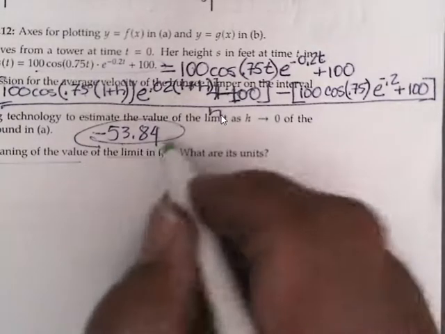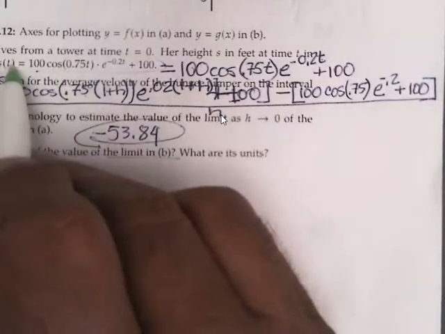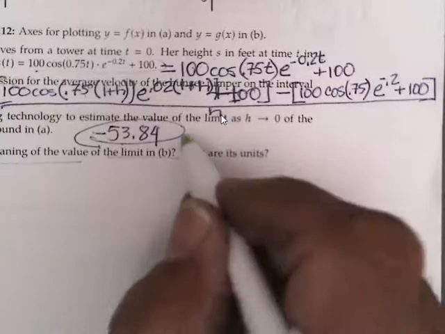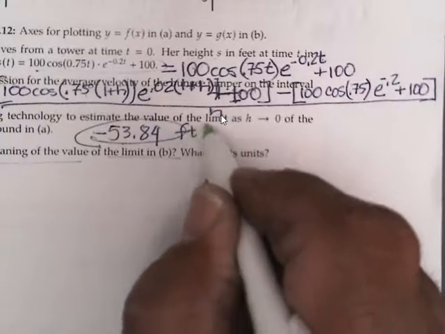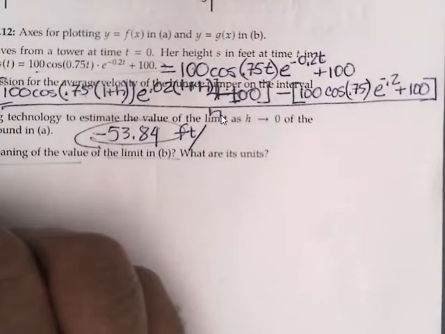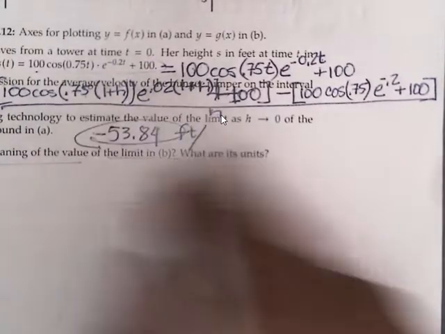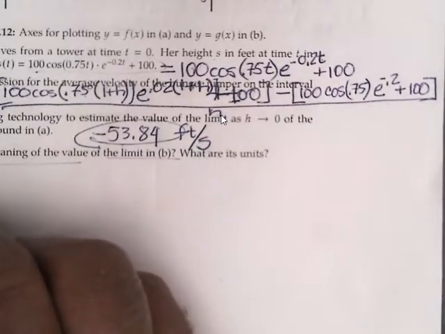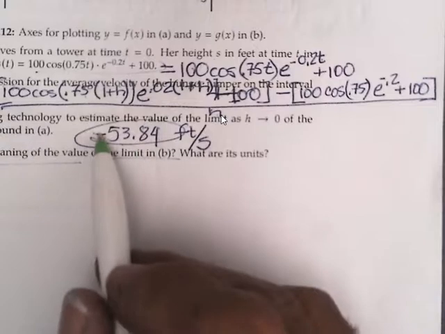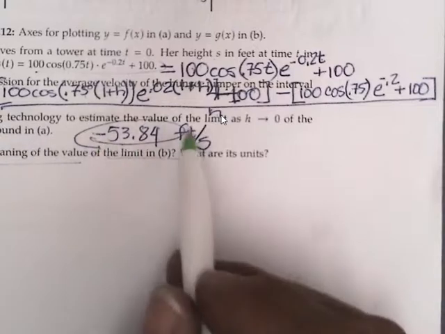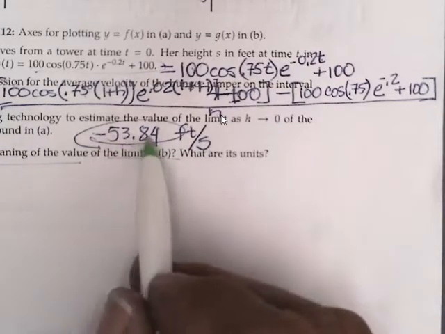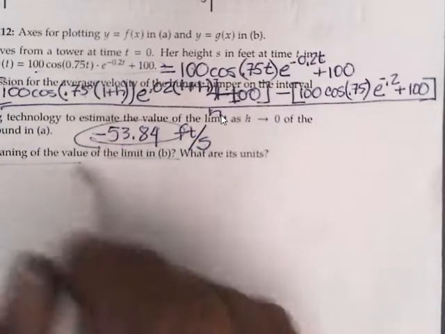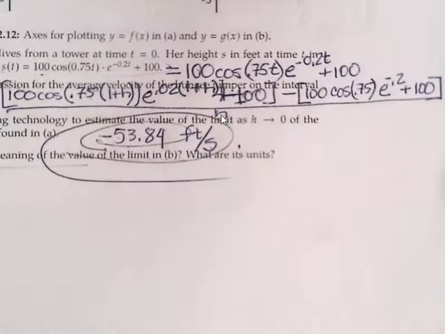So this is, and s is the height that this person is, so it's feet per, and the h is in time, so that was in seconds. So at 1 second, this bungee jumper is going down at a velocity of negative 53.84 feet per second. That's the meaning. Okay,